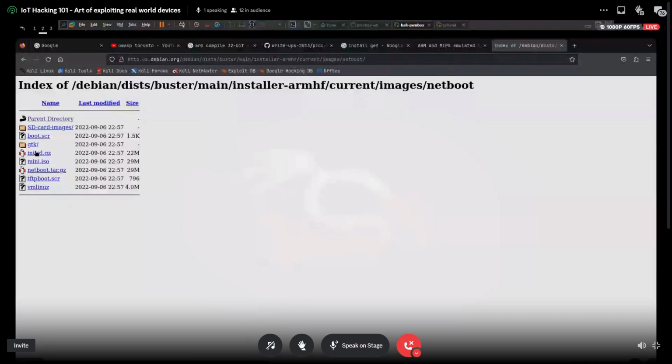When you launch QEMU the first time, you load these two files inside the memory. The kernel is automatically gonna get loaded into memory, and the initrd gzip file is also gonna get loaded into memory. It's like a makeshift ISO kind of setup.